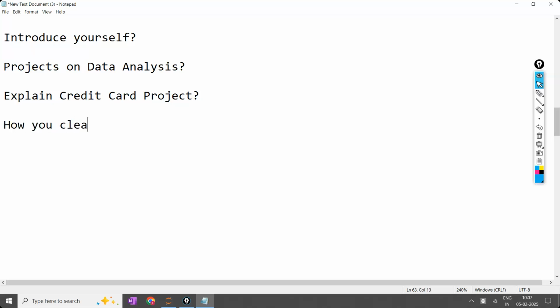How do you clean the null values in your data? In the data, I get some null values like expiry dates or billing dates, that type of errors and null values.